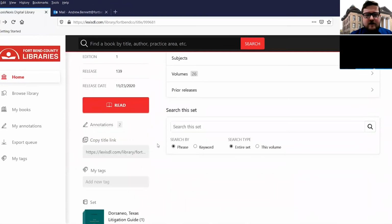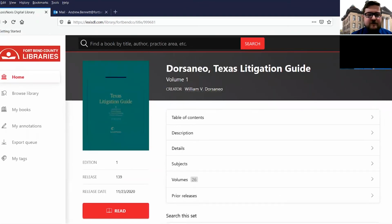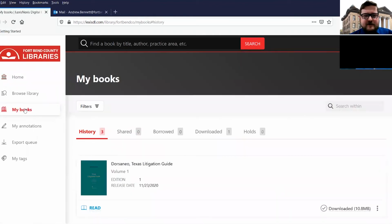All right. So let's see here. Oh, by the way, you can search from here. From this page, you can search the entire set or just the volume. When you open the book, it only searches that one volume. Next thing, on the left-hand side, you can click on My Books